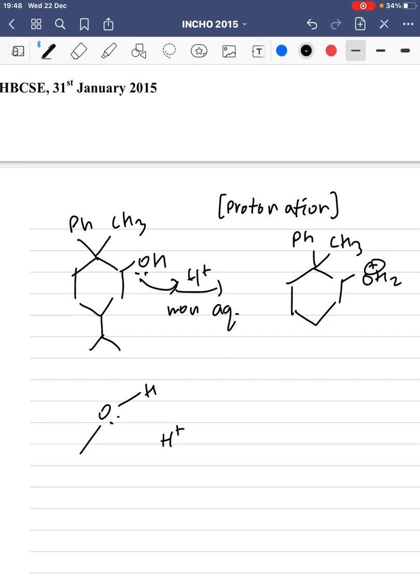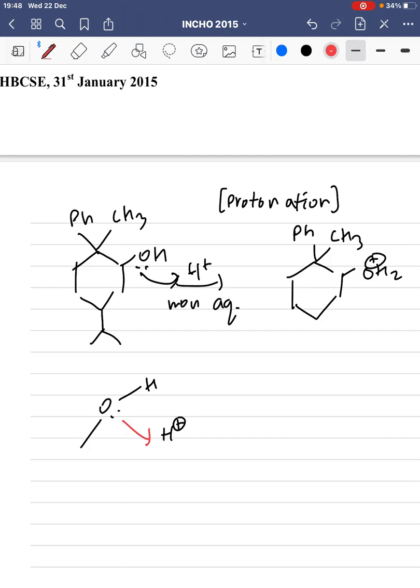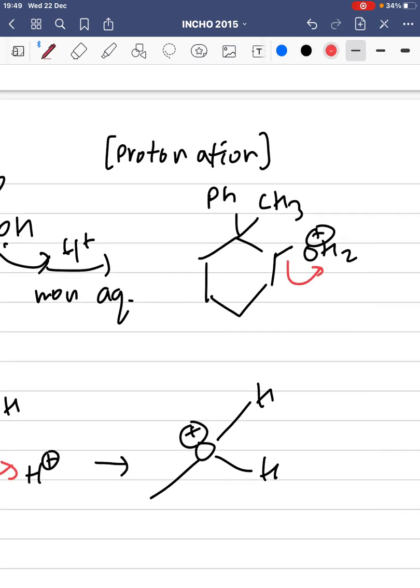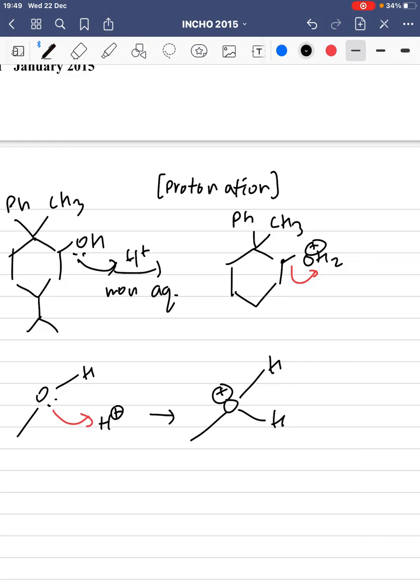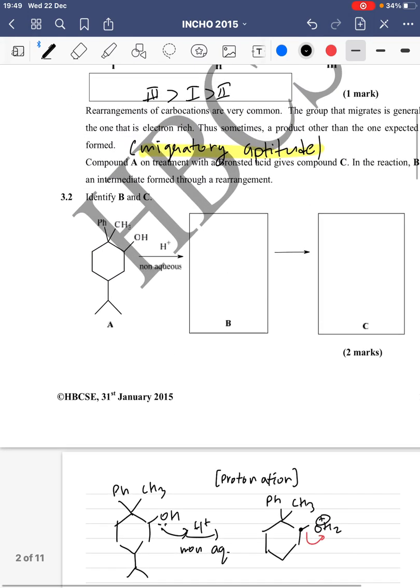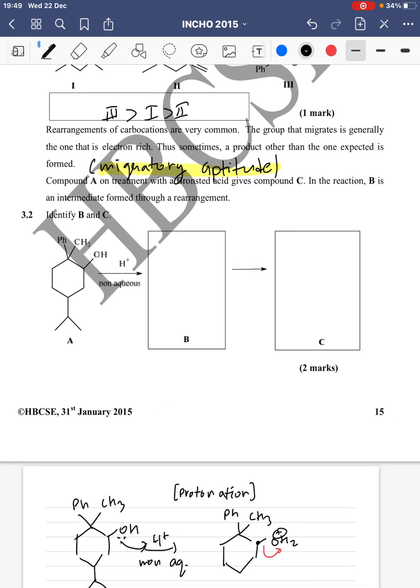Like a curvy arrow, and it forms a bond with hydrogen, and there's a formal charge on it, and this is basically a good leaving group. This will leave, and there would be a formation of carbocation at this carbon. Let's see how it forms: Ph CH3 and a carbocation. And now it says in the problem,